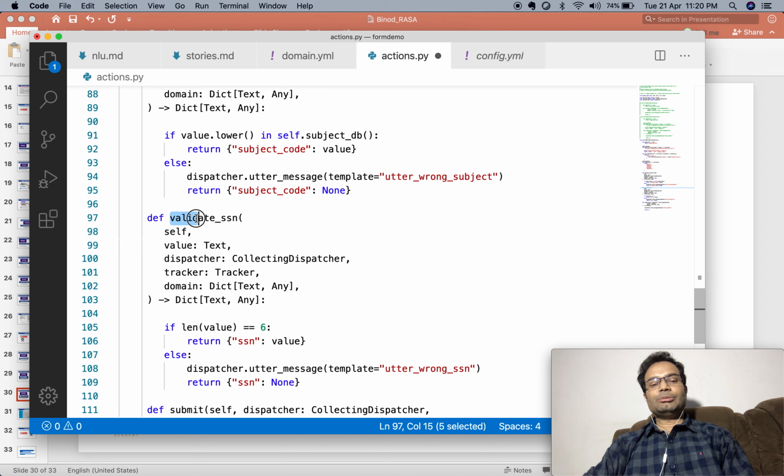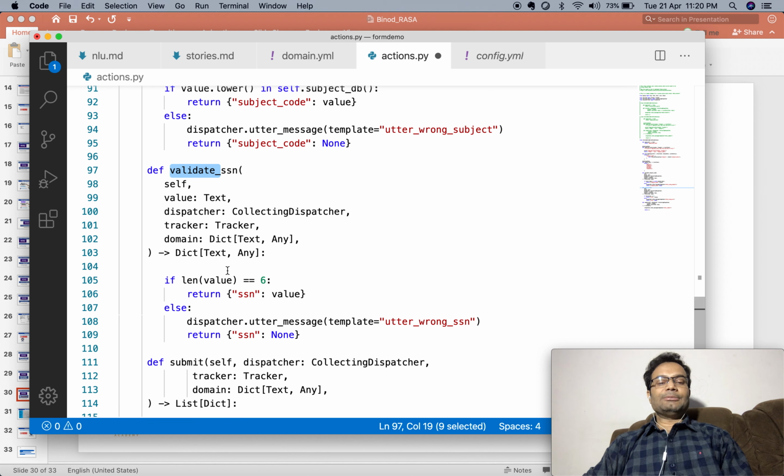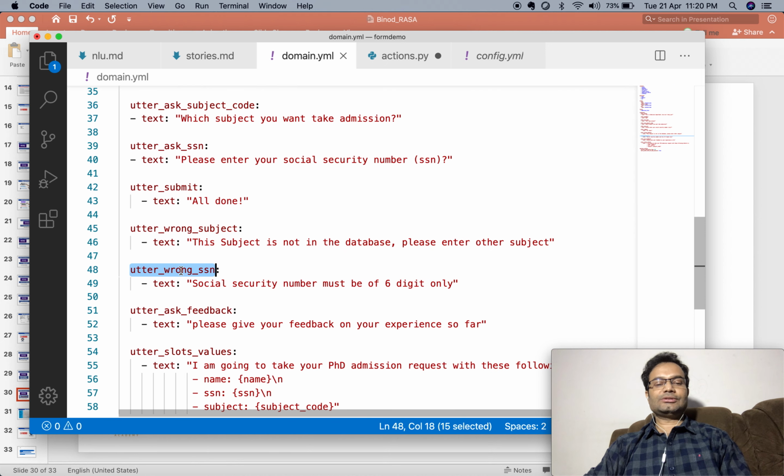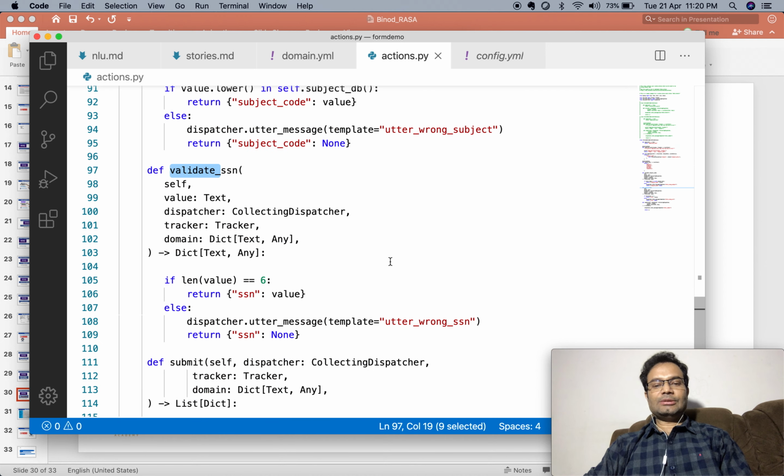Validate underscore with the prefix to execute for the SSN validation, and I am checking whether it is 6 digits. If it is not 6 digits, I will show this message, utter wrong SSN. Go here, this message. Okay, then let me save this.